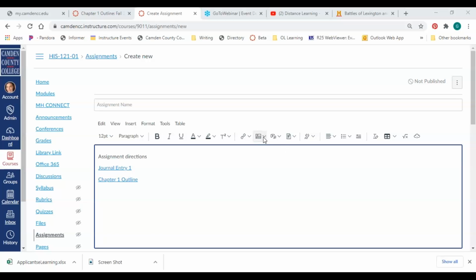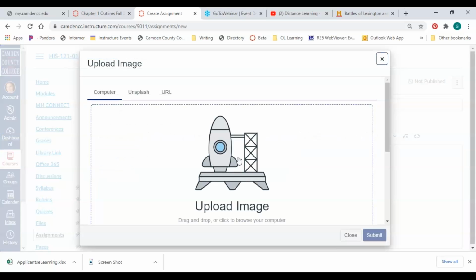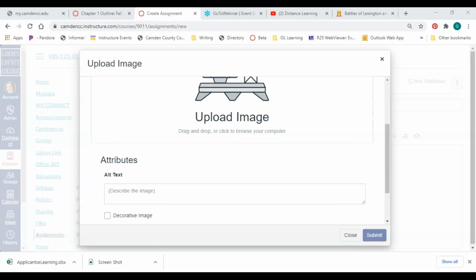So the next thing I want to look at is images. And this is actually something that I really like about this. So the way it was set up before was very confusing. I don't need to go over it, explain why it was confusing, but it was hard for people to figure out how to upload an image from their computer. So from here, upload image is your first option. So I can, again, click on my little picture icon, click upload image, and then I can just click upload image here,